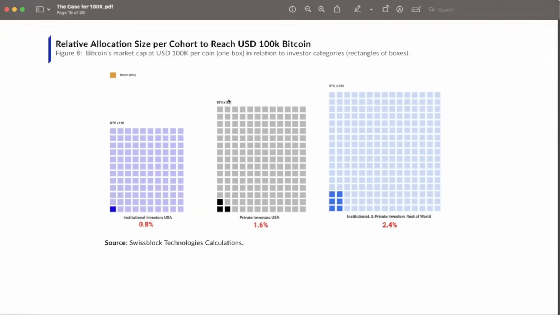So basically, people that have 401ks that want to invest 2-3% of their net worth. If 1.6% of the total private wealth in the US is invested in Bitcoin, that would also have led to 100K. So this shows you how little it takes and how large the money pool really is that Will was talking about before, right? And remember, these are 2020 dollar values, right?